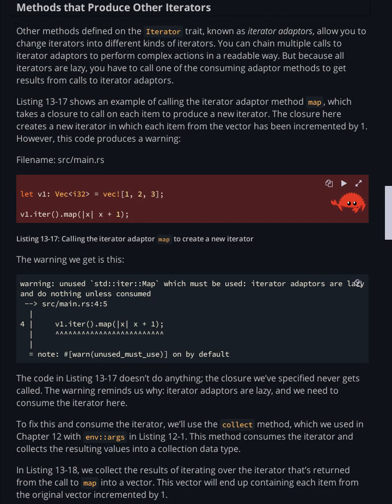Listing 13-17 shows an example of calling the iterator adapter method map, which takes a closure to call on each item to produce a new iterator. The closure here creates a new iterator in which each item from the vector has been incremented by 1. But this code produces a warning. So: let v1: Vec<i32> = vec![1, 2, 3]; v1.iter().map(|x| x + 1);